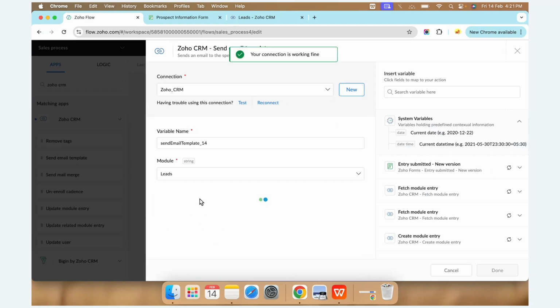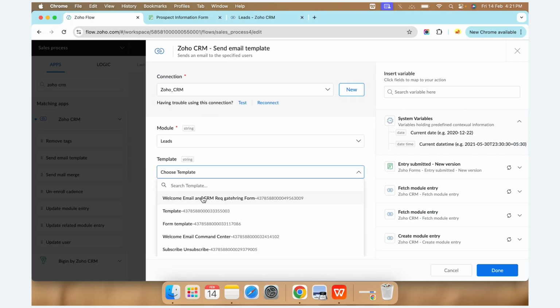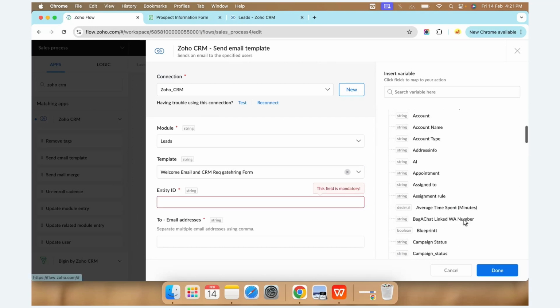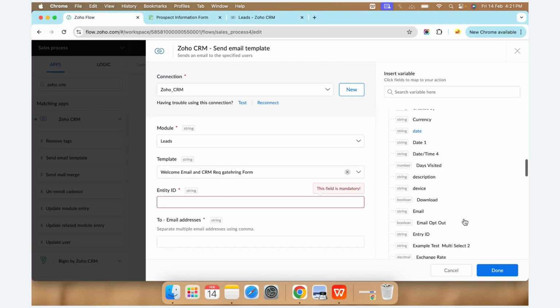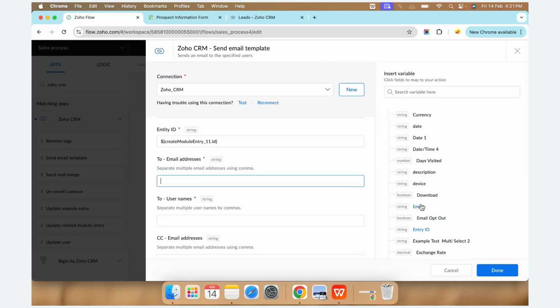Select the module, and it will show you the list of templates that you have created within CRM. So this is the template that I have created for sending a welcome email along with the CRM requirement gathering form. Then we have to add the lead ID to whom we are sending. So it is a unique ID, as I already mentioned. So I'm passing the variable and the email address,